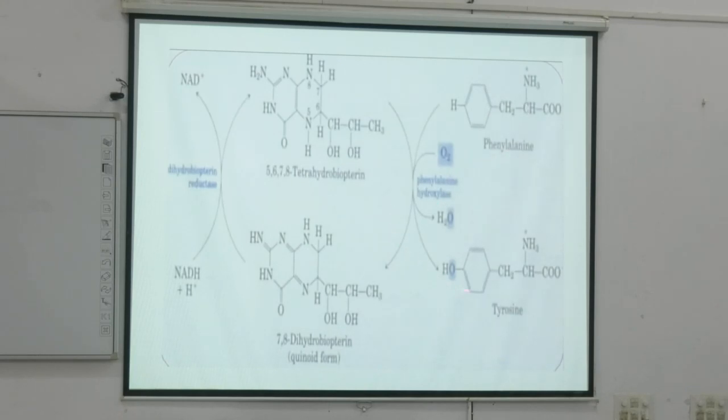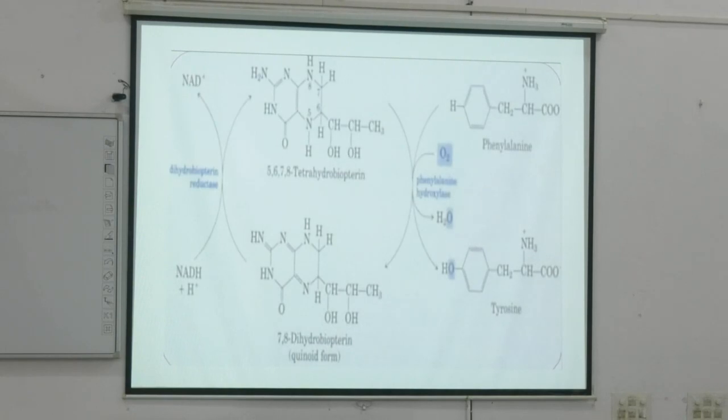This is your phenylalanine, this is your tyrosine. You need to put a hydroxyl group over there. So, you are using phenylalanine hydroxylase, which converts O2 to H2O, and the supportive structure is tetrahydrobiopterin, which is getting reduced to dihydrobiopterin in order to donate the hydroxyl group that is not present in phenylalanine. Okay? And if this particular enzyme is absent, then this becomes phenylketonuria. Phenylalanine hydroxylase, if it is not there, it becomes phenylketonuria.